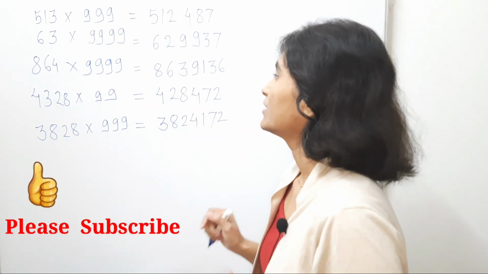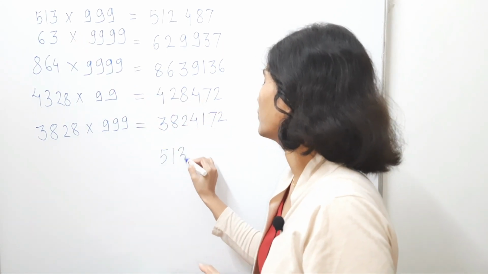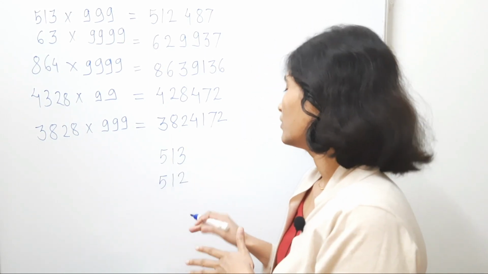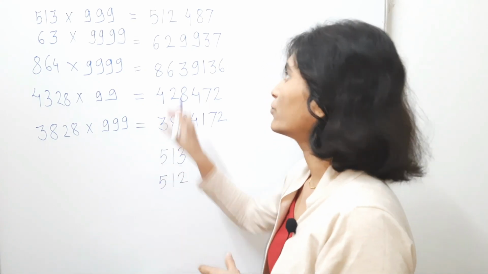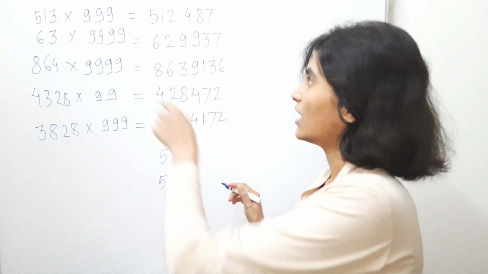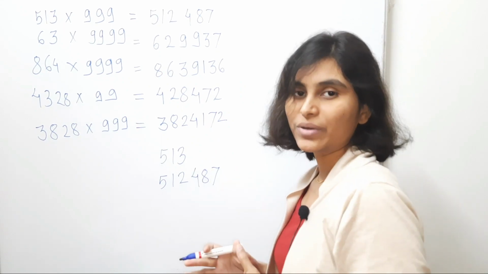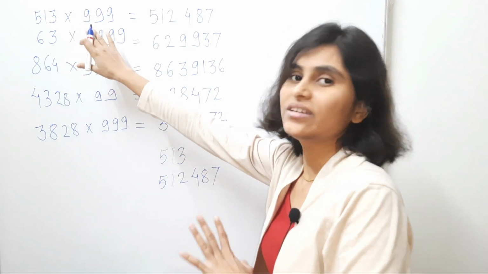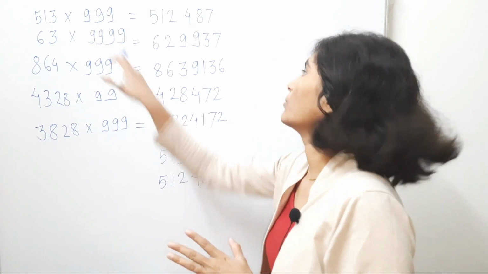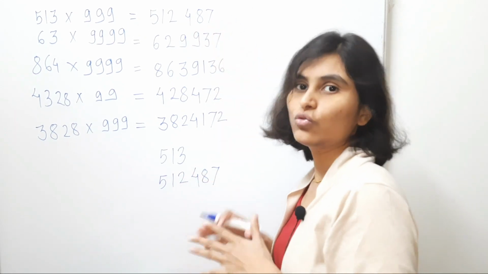So start with the first one. You take that number 513. Now you subtract 1 from this number. That means the answer is 512. Right. Now you just subtract this 512 from 999 and the answer for this is 487, and hence the answer for the first one is 512487. Let me repeat it again. You just take 513, subtract 1 from it, so it is 512. Now you subtract 512 from 999 and you just write that number here, and hence the answer is 512487.